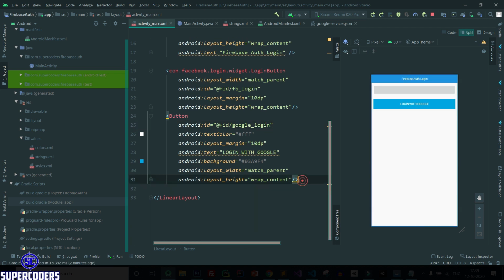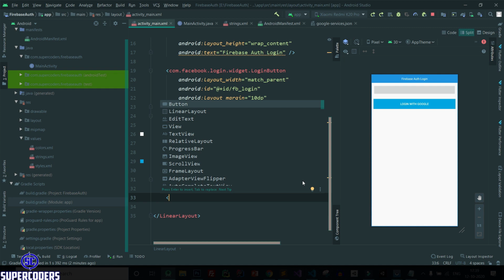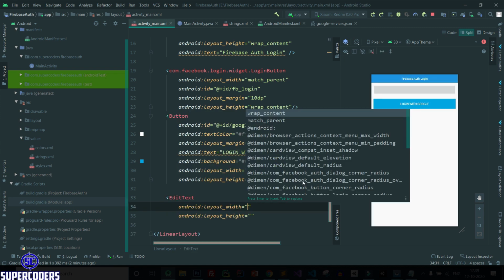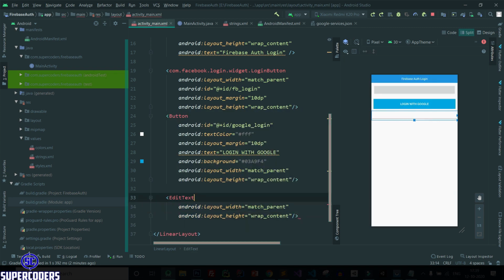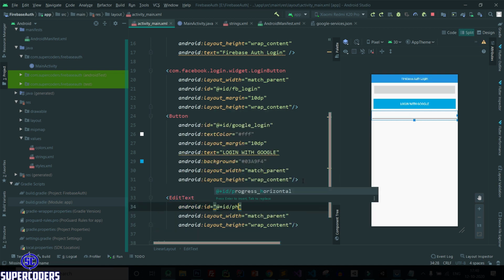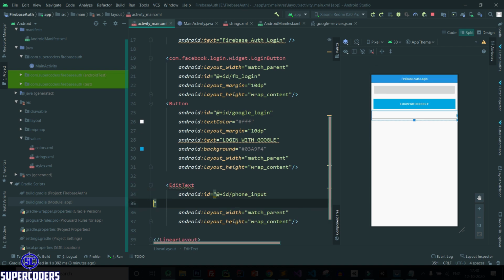Now let's add more buttons. So first, edit text, match parent, wrap content, ID, phone input.